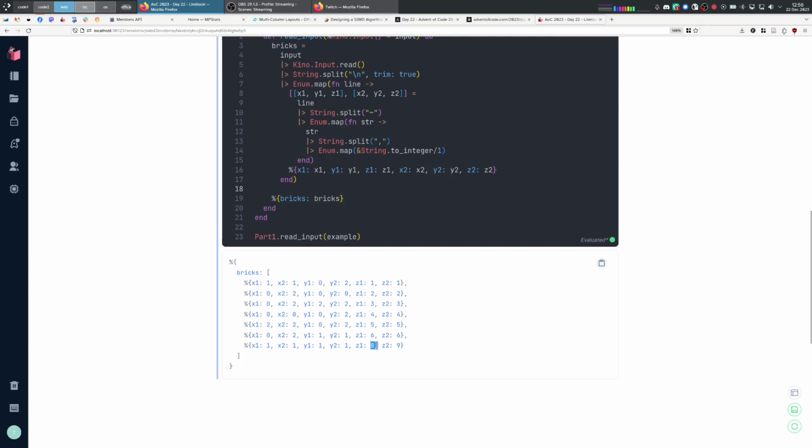And to figure out how far down it can fall, we basically have to look at 7. Yeah, we have to look at z equals 7 and see if there's anything that intersects our set of x and y's. So this is our set of x and y's, and we want to see if any of the previous